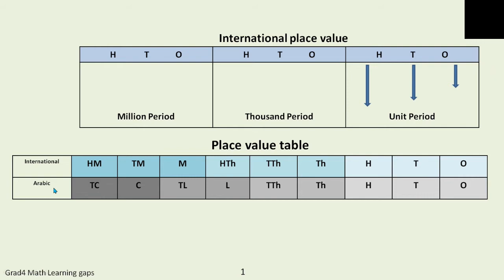Okay, so in the Indian place value system, any number will be placed in either ones, tens, hundred, then thousand, 10,000 and lakh, then 10 lakh, crore and 10 crore. Fine. Now in the Indian place value system, you place a comma before 3 digits, that is ones, tens, hundred, and